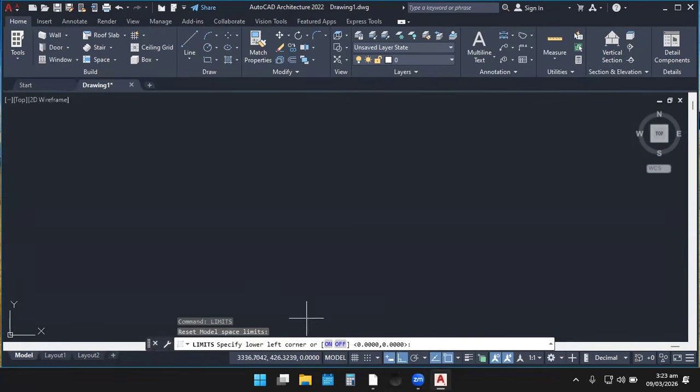Now always look at the command window. This is called the command window. In the command window, whatever you are doing will always be displayed over there. So always let your main focus be on that. After activating the limits command, you realize that